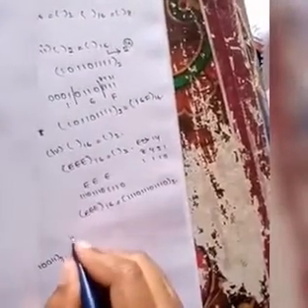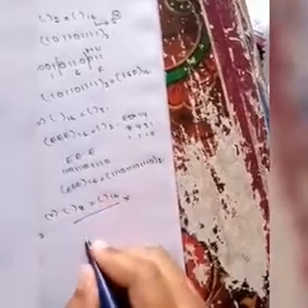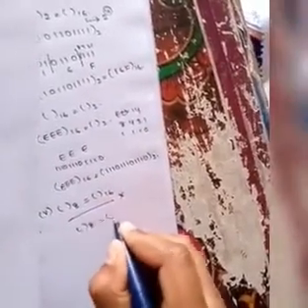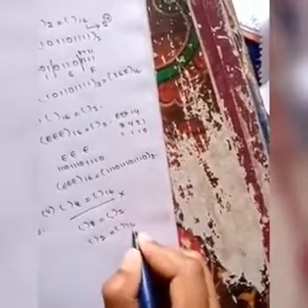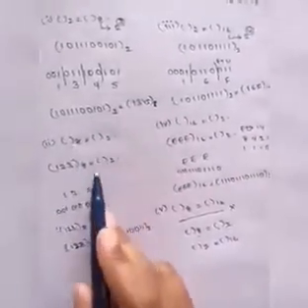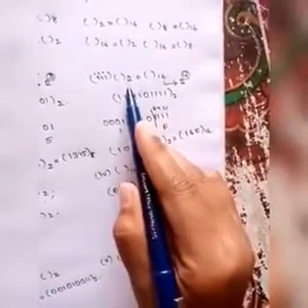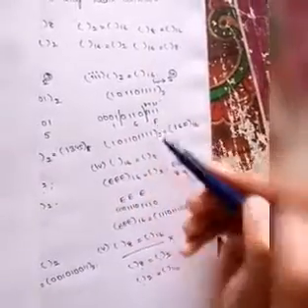And the fifth one is conversion of octal to hexadecimal. So we should remember that we can't directly convert octal to hexadecimal. For that, first we have to convert octal to binary, and then this binary to hexadecimal. As we earlier discussed the conversion of octal to binary, in this way we have to convert the octal to binary and then binary to hexadecimal. Here we discussed the conversion of binary to hexadecimal. Like this we have to convert the octal to hexadecimal.